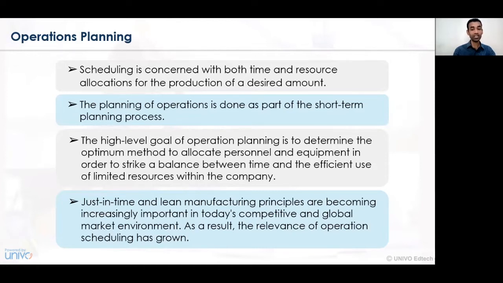Planning of operations is done as part of the short-term planning process. At several stages, operational planning can be implemented on a short-term or long-term basis. Usually, operational planning and the master schedule are implemented for the short-term activities undertaken in the organization.